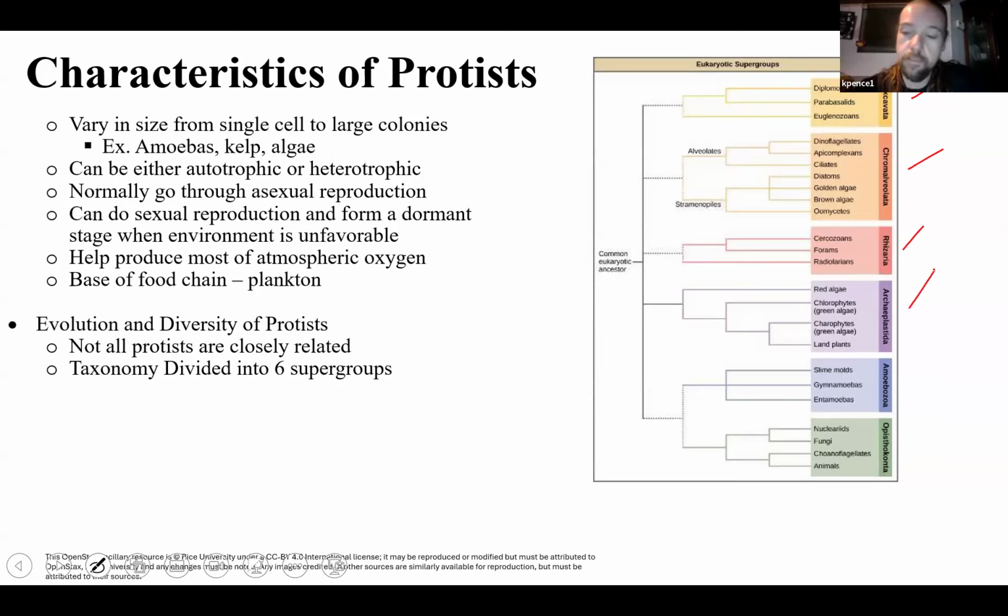Again, very diverse group, kind of still in debate what group is where, what organism goes in what group, just based on these characteristics. We'll start with an easy one. We'll start with the Archaeoplastidias. So when I see the word Archaeoplastidia, I like to tell my students to break it down into its meanings. So archaea is Latin for old. So this is meaning old. And then plastidia is chloroplast. So it literally means old or ancient chloroplast.